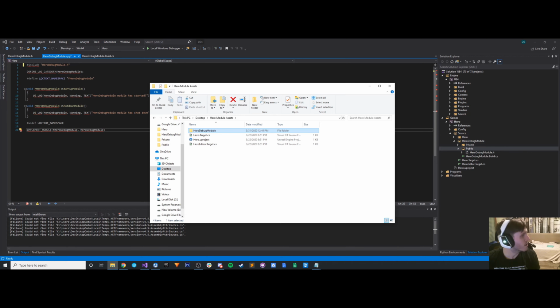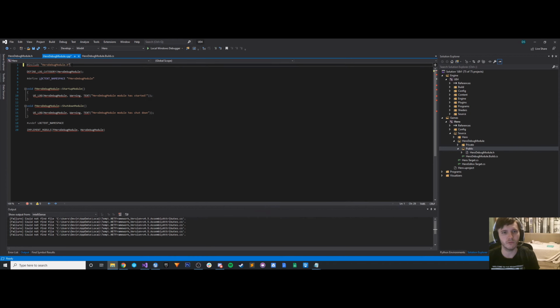Okay, I see the potential problem. You gotta add it. Oh my god. Hero debug. That's fine. I hate you, Visual Studio, but that's cool. Hero debug module. Stay like that. Turn green. Okay. I gotta add